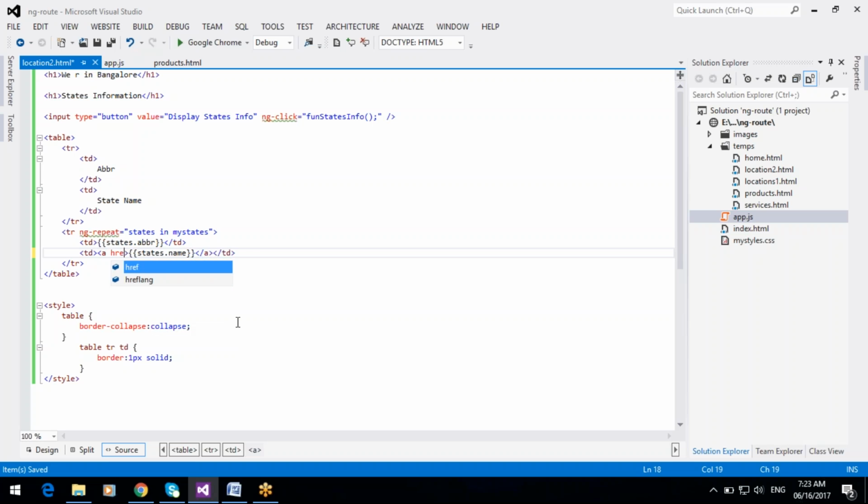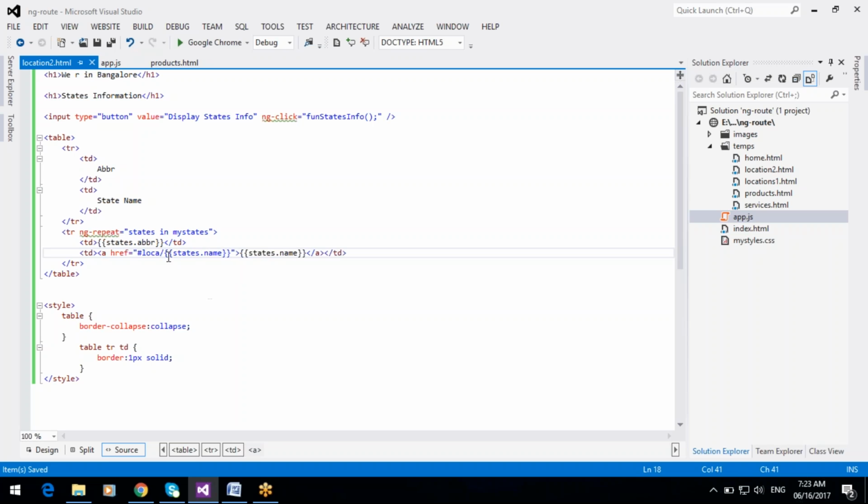And href equal to hash location 3 and slash states dot name.